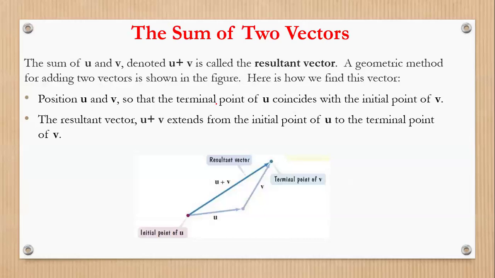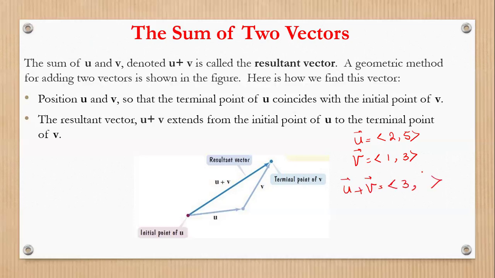Now, how we can add or subtract two vectors. If we have two vectors u and v and we want to find the sum of these two vectors, u plus v, the sum of the vectors is called the resultant vector. Okay, and how can we find the addition of two vectors? If we have the vector components, for example, I have vector u, which is 2 and 5, and I have vector v, which is 1 and 3. To find the resultant, or add the two vectors, we just add the corresponding components, 2 plus 1,